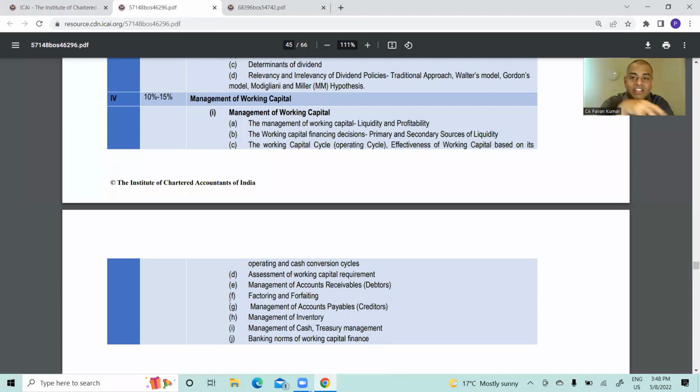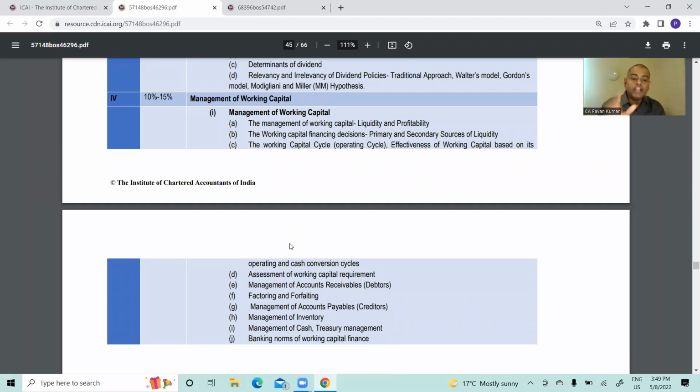In the new syllabus, when the ICAI, when our institute is restructuring this syllabus from the old syllabus to new syllabus, they have reduced the weightage of working capital. Previously, there was a big weight for working capital management. Now they reduced it. But unfortunately, syllabus is not reduced. So if you read debtors management, inventory management, then working capital management, operating cycle, then calculation of ratios concerning working capital, then cash management models, then treasury management, and then banking norms with working capital finance, all these things, if you read now,